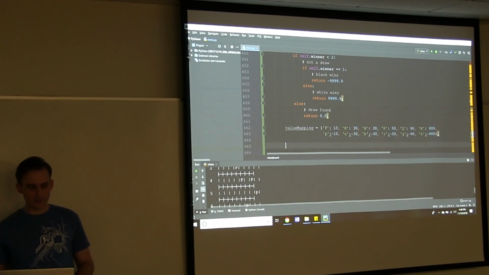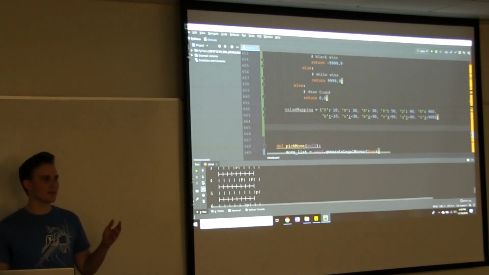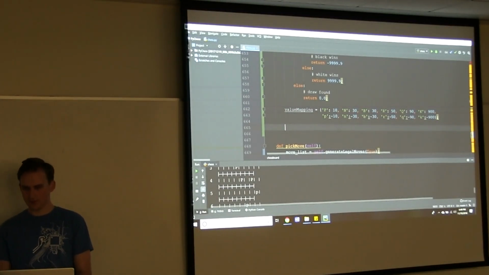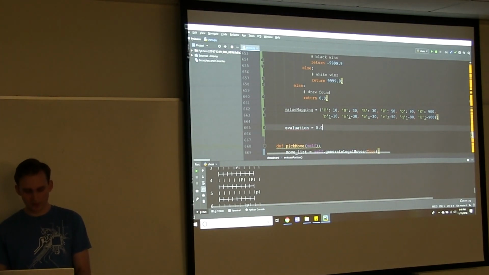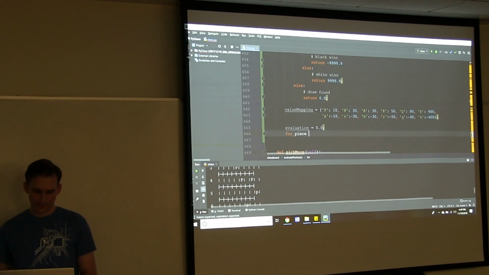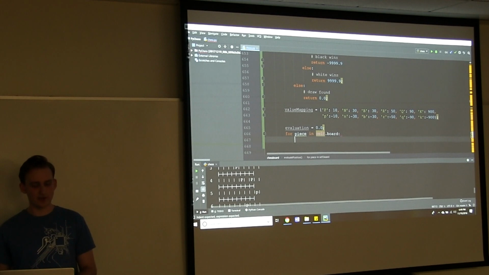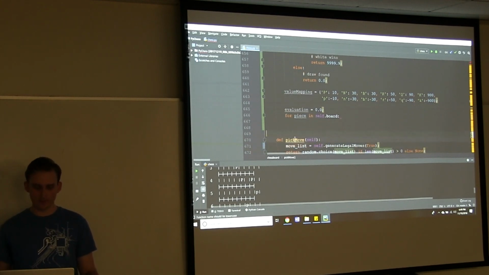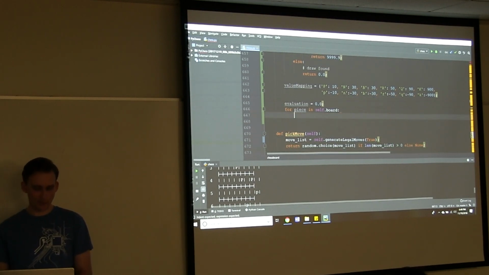Okay, so now that we have our value mapping, we can start looking through the board and just tallying up based on the pieces that we can see. So in Python, this becomes very simple. We can just start our evaluation at 0.0. For piece in self.board, and we have piece classes defined above if you're interested in delving into that, but it's pretty complex. So for every piece in the board, we want to do something.